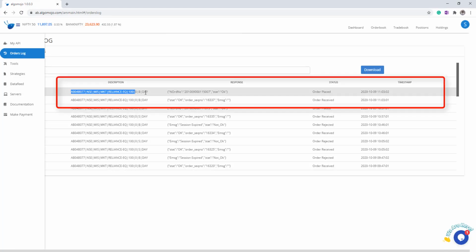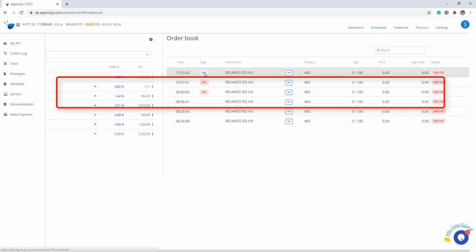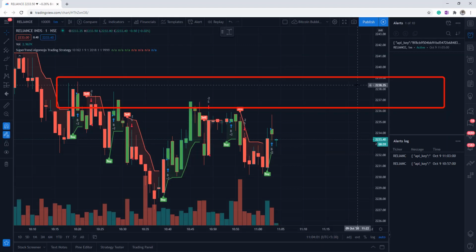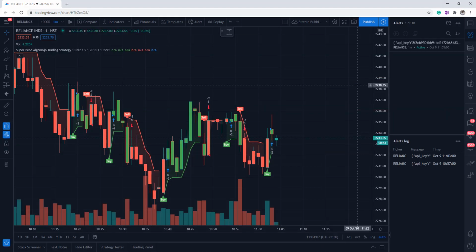So I'll be providing you this code. We can use this code to access the automated orders. Automatically you can send from Supertrend to Algo Mojo, and very soon we'll be seeing more and more important sessions on algorithmic trading front.